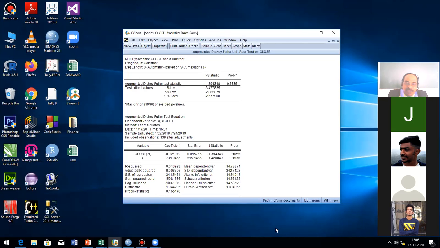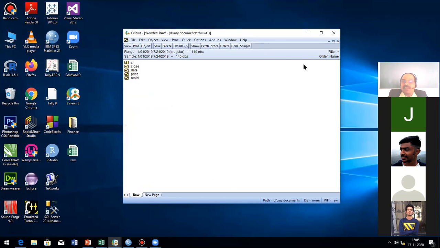So the mistake is what you will write in the null hypothesis, you will write closing price is not having the unit root, because you have studied like that in QTM. Be clear, it is not like that. For the null hypothesis, in case of unit root test, you have to mention clearly closing price has a unit root. Then you have to check, you can see the probability value is 0.583, and this clearly shows that there is a unit root. It is not stationary. So we can go for further analysis. Be clear. At the 5% level, we can accept that one and we can go for the further analysis.